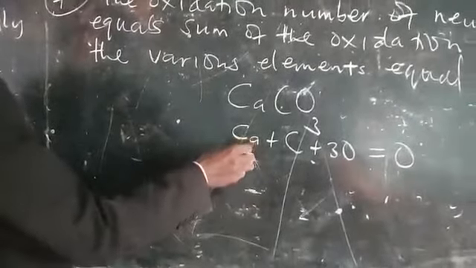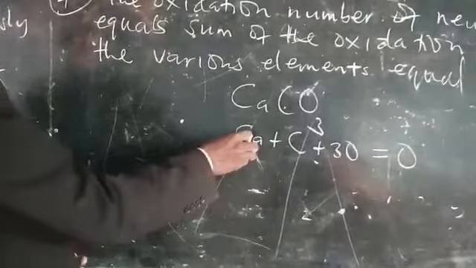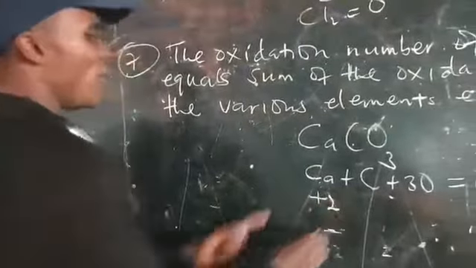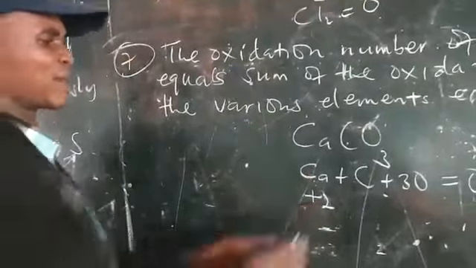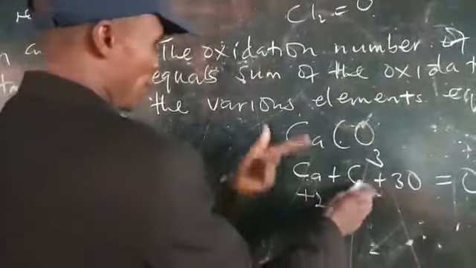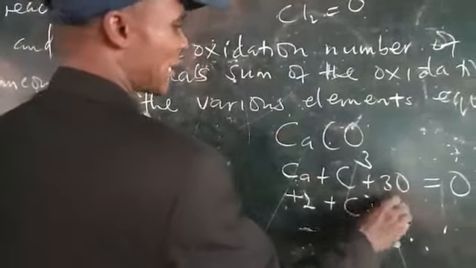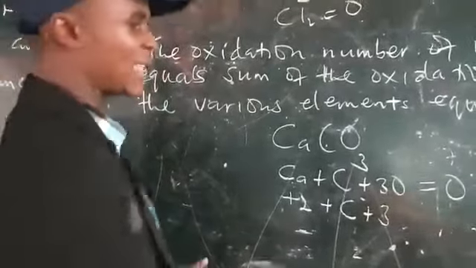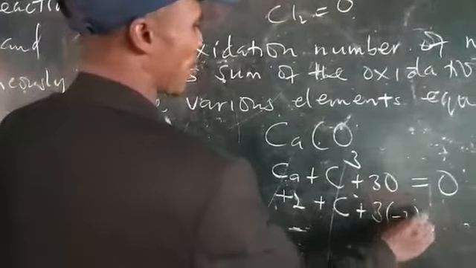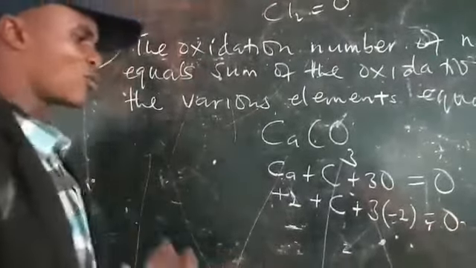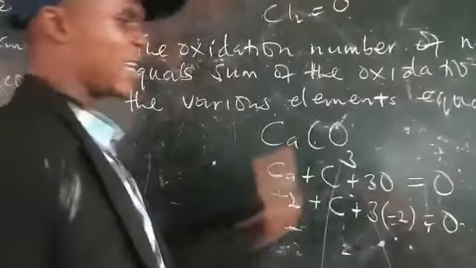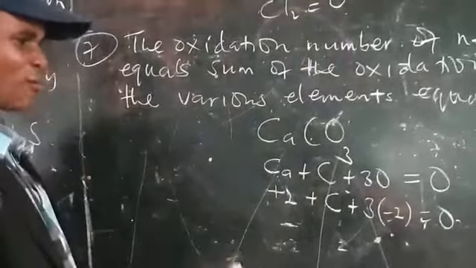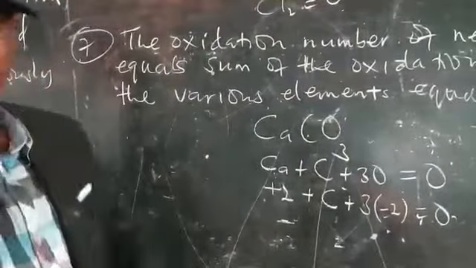Now cation. Cation has a valency of 2 because we said it is 2, 8, 2. The last digit is 2. That becomes positive because all metals carry positive values. Plus carbon, later you want to determine that, plus 3 times oxygen. Oxygen has an oxidation number of -2, except in peroxide. So oxygen appears here, I will just put -2 and then equal to 0. What you now have to do here is to solve that linear equation. Whatever you get there will be the particular name of that compound. It's just a highlight. You'll get the example soon.